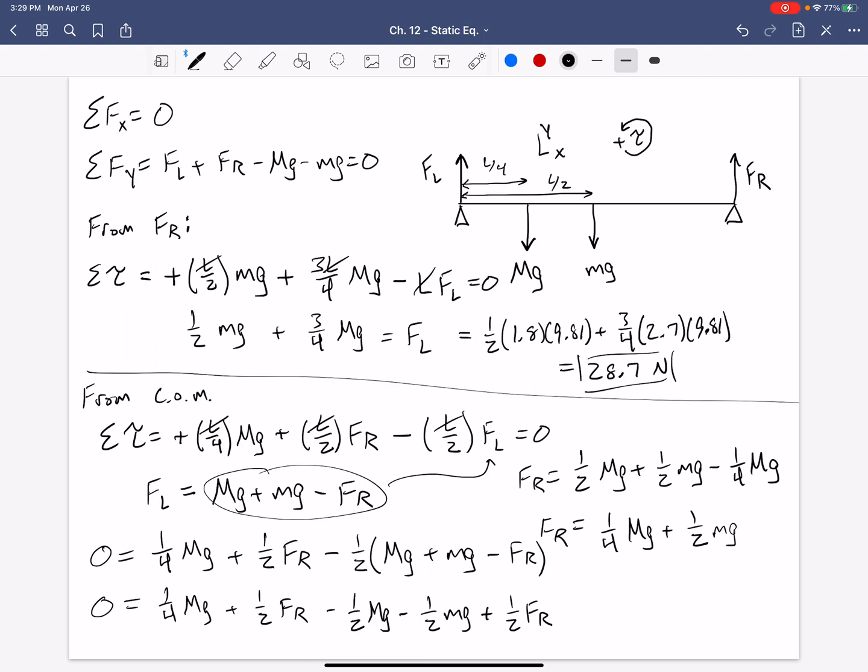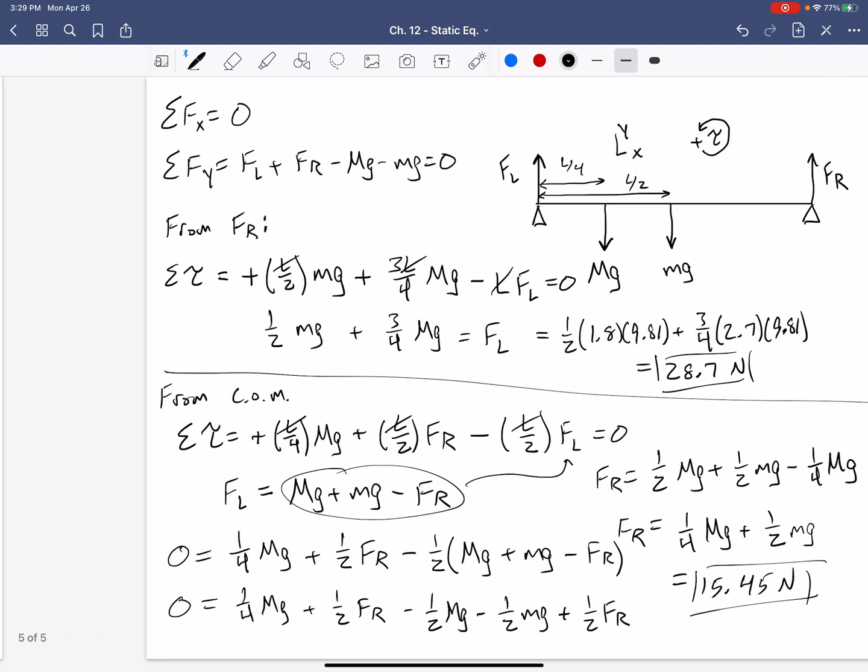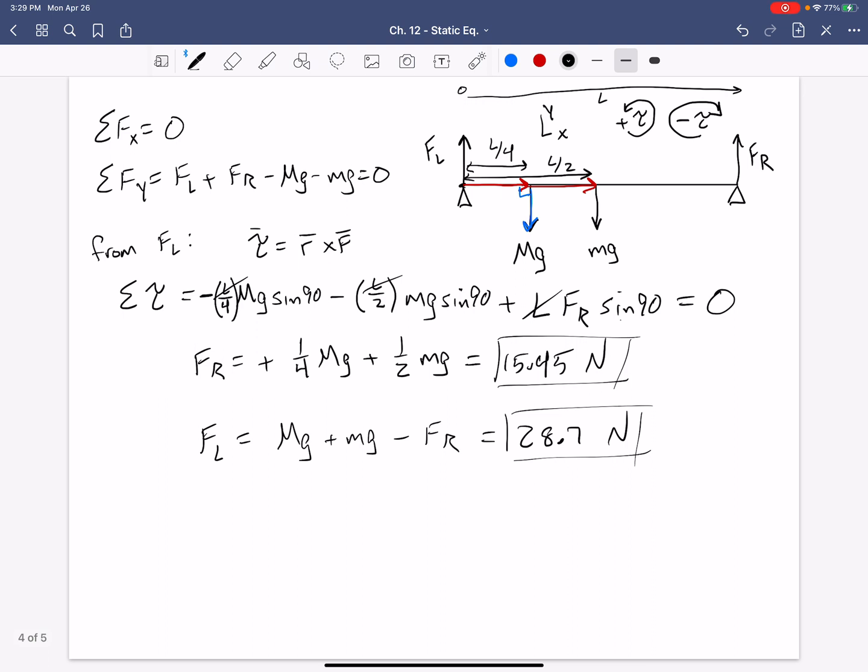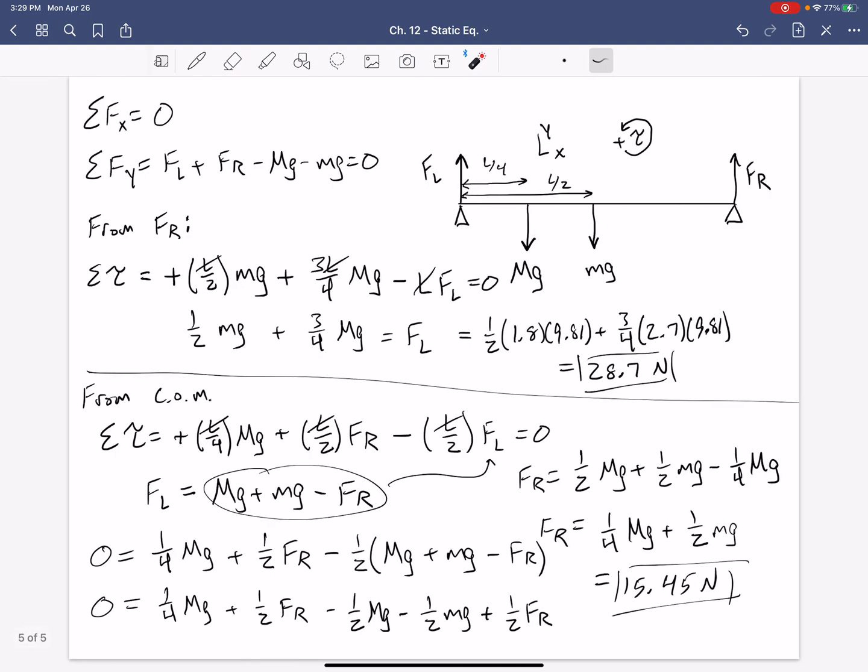the first video, right? So if we solve for this, plug in the values for FR, we should again get the 15.5, or 15.45, whatever, right? Newtons. So let's scroll back and see if that's the same expression. It turns out it is, right there. 1/4 times capital Mg plus 1/2 lowercase mg. It's the same expression here, but I think you can see that it's a much more complicated way of getting